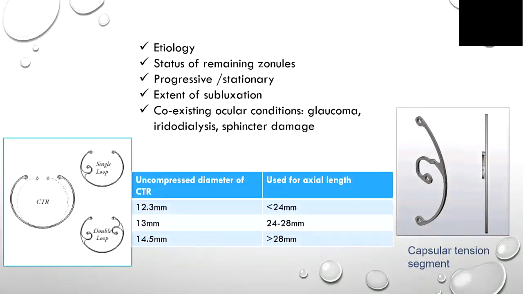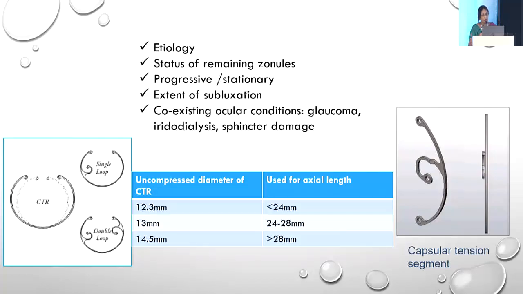Good afternoon, everyone. Whenever we are dealing with subluxated cataracts, the most important thing is that one should first assess the etiology: whether it is congenital, that is ectopia lentis, where the rest of the zonules are pretty much strong, or post-traumatic, where you may have other problems as well, like angle recession or other trauma-related complications, or pseudo-exfoliation, where you're going to have a progressive subluxation. So every patient is going to be different, and one has to decide on these devices accordingly.